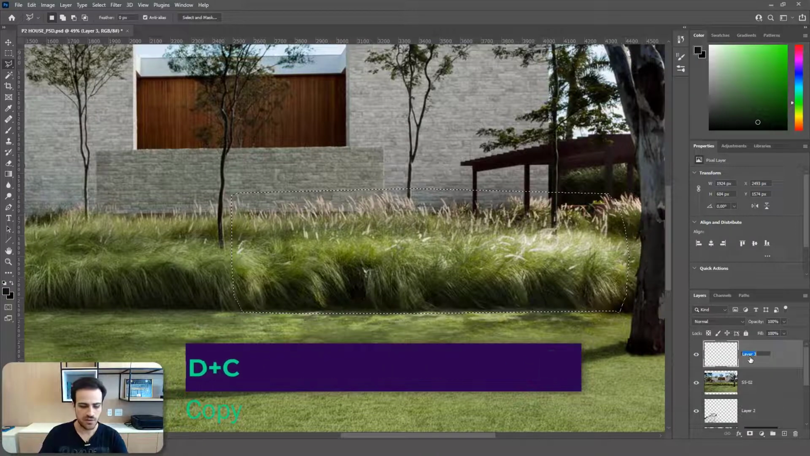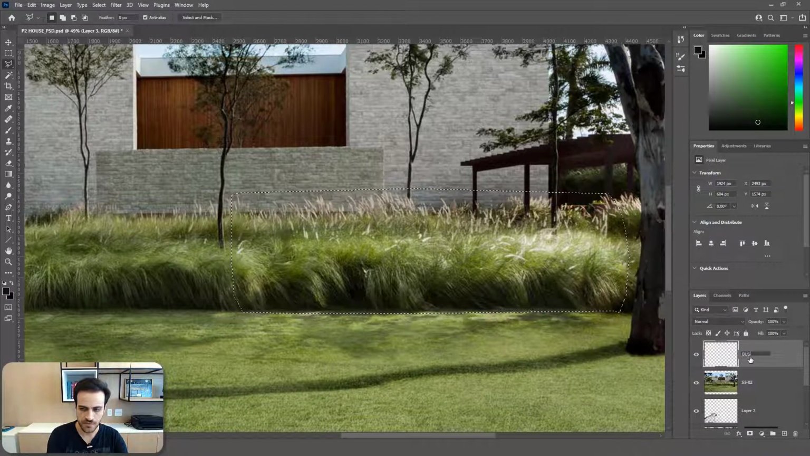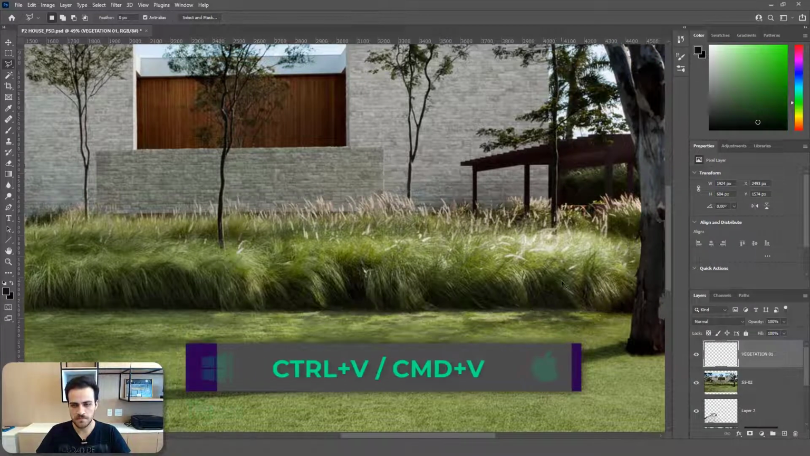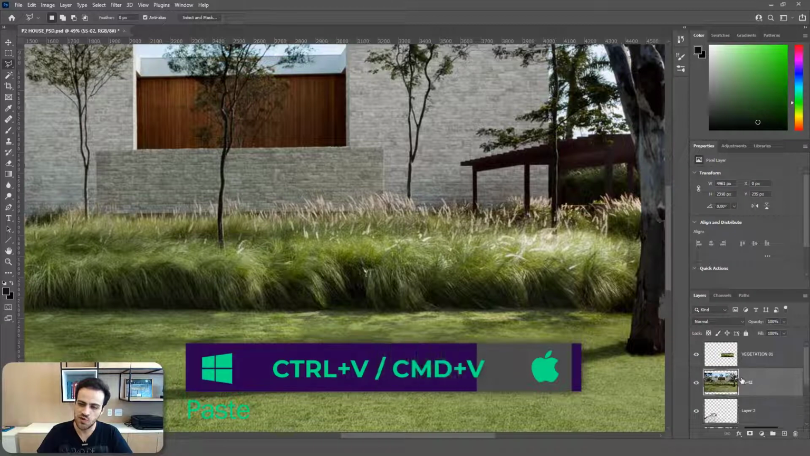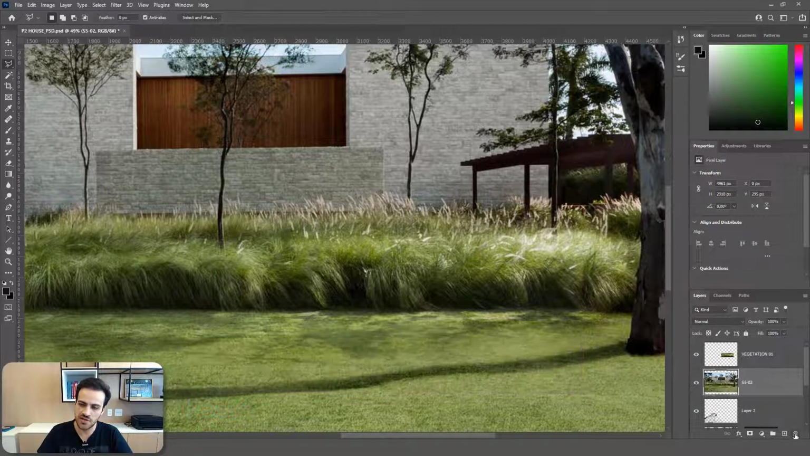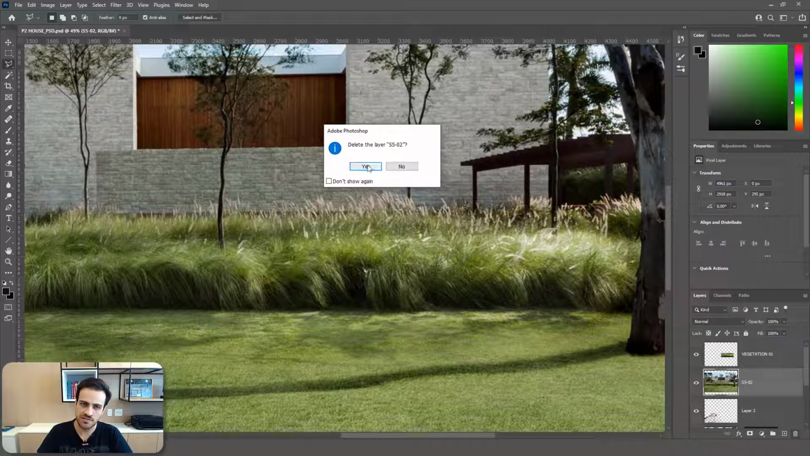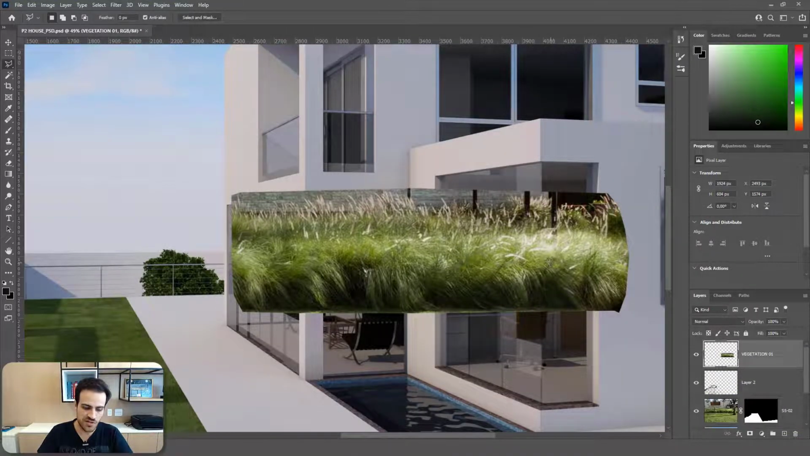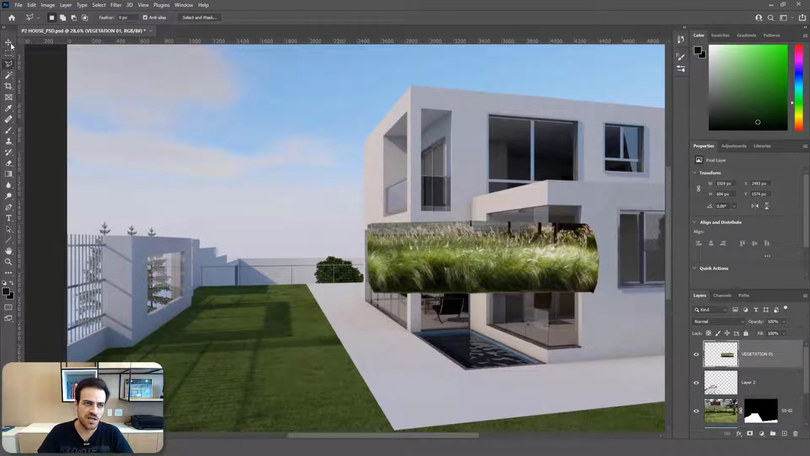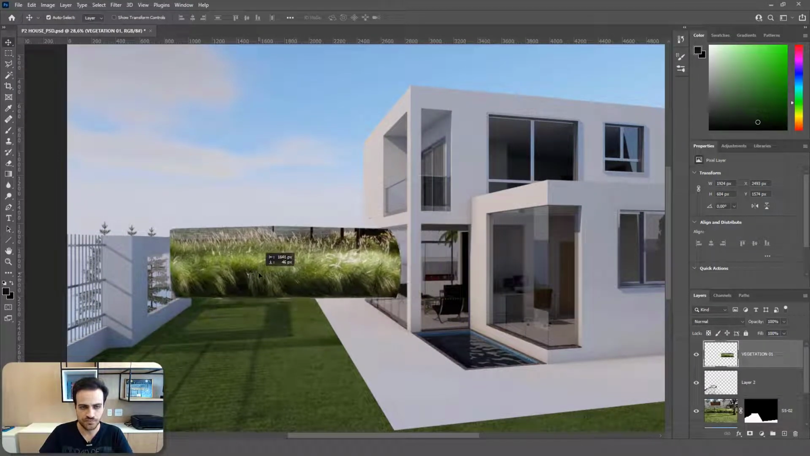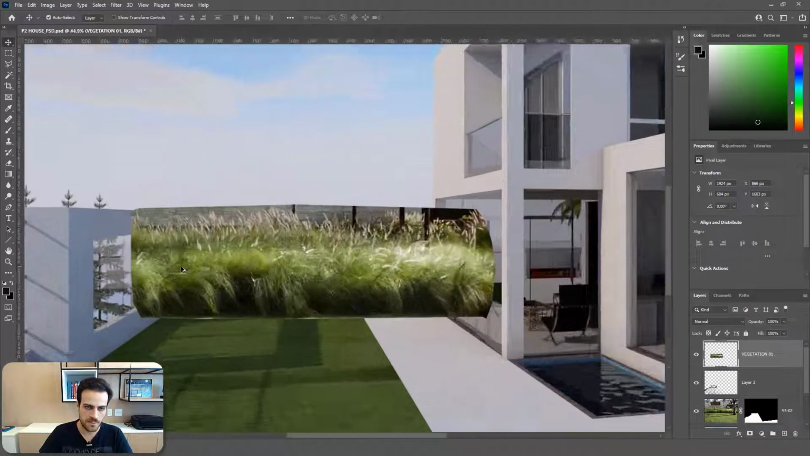This new layer I'll call Vegetation One, and here, selecting this layer, I will paste, Ctrl V to paste, and now I can erase the image layer. I will select and delete this layer. So now I have just this part of the image, and using the move tool, I will move this bush